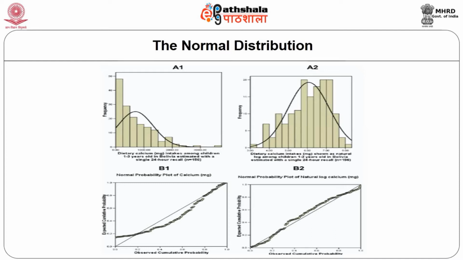Sometimes what happens, whenever your data is skewed, the first thing we do is transform the data, or stabilize the data. One of the better ways to stabilize the data is transforming into log or natural log. The same data A1, when we transformed it into logarithms and put it in a graph again, the shape of the curve is actually close to normal, whereas on the previous occasion it was a skewed distribution. If you see the normal probability plot, in the first case the points are very much away from the diagonal line, whereas after the log transformation the points have become close to the diagonal line.